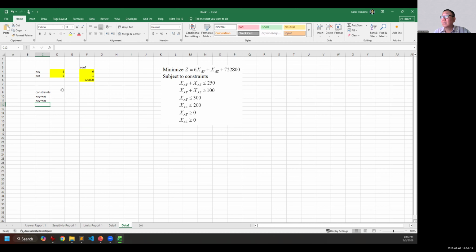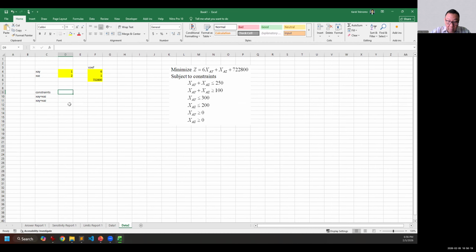So let's make it like this. This is the left hand side. This is the inequality, and this is the right hand side. And I still have another constraint here, which is xay itself. And then I have also xaz.